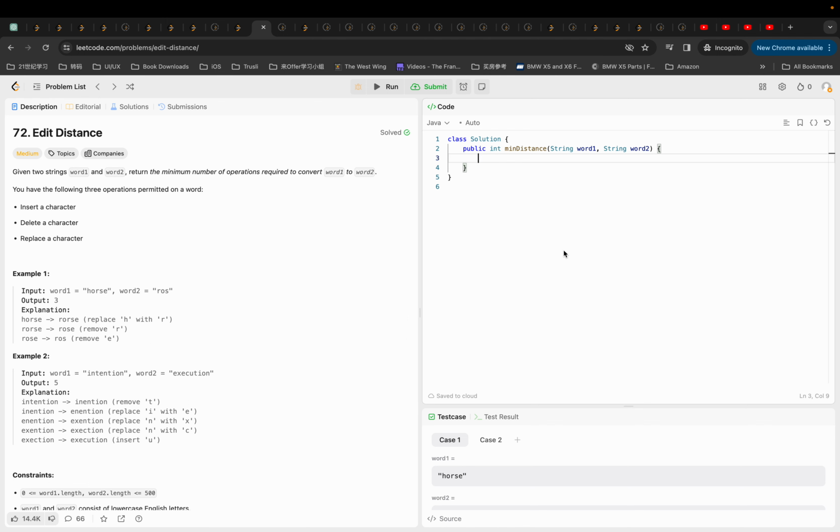This one is called edit distance. Let's read the prompt. So this edit distance is usually used in string matching or auto-completion like Microsoft Word. Given two strings, word 1 and word 2, return the minimum number of operations required to convert word 1 to